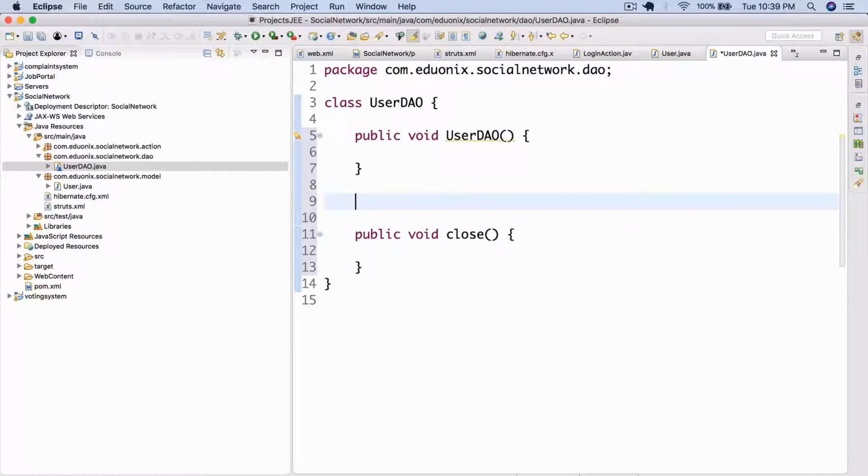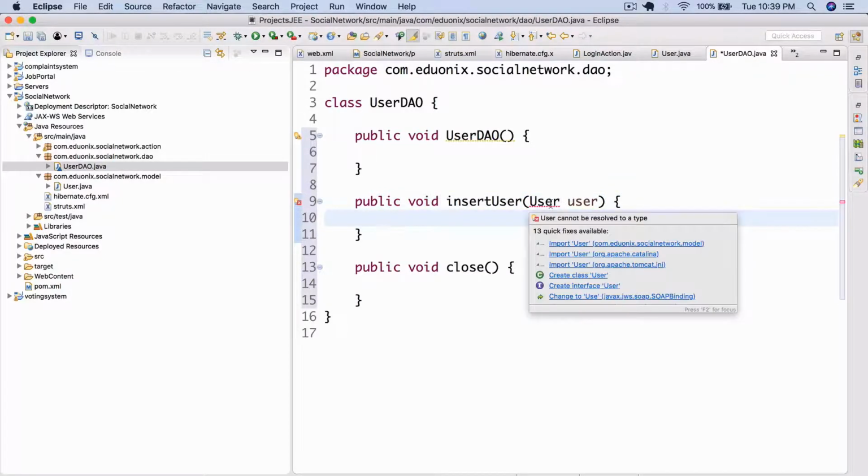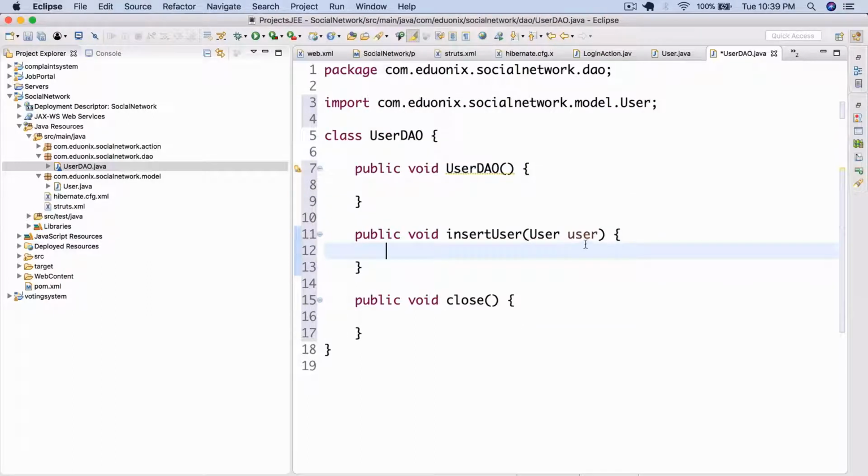As well as, what else? We're going to have a public void insert user. And then here we're going to have a user. There we go. All right, now let's go ahead and import user. Let's see, this is going to be, there we go. All right, so now that we have that done, what we're going to go ahead and do